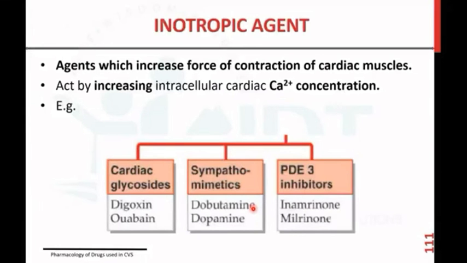So in this case digitalis is not used, and these are contraindications of digitalis. And also ouabain, this ouabain is the same as digoxin. So there is a question: which cardiac glycoside is same as digoxin, and the right answer is ouabain. So next we see the dopamine